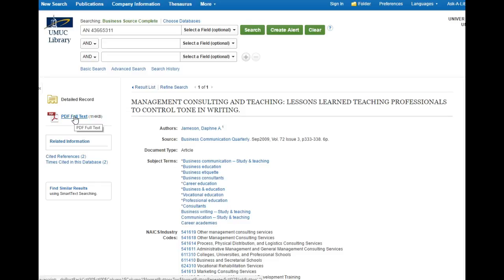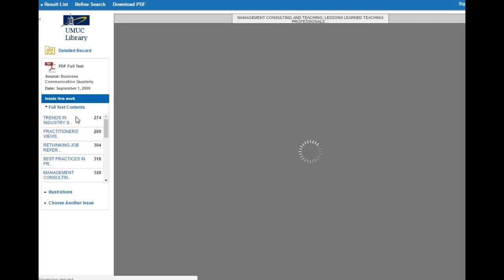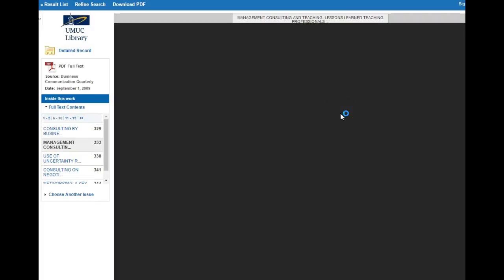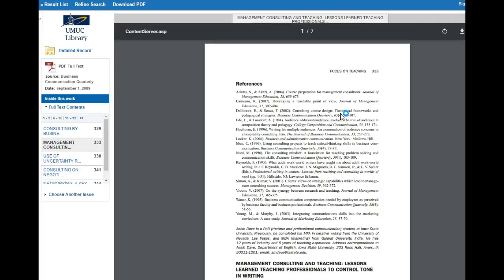You want to keep clients, keep your business. So it's saying, write a document that you yourself would want to receive is a good way of looking at it. But you also have to click on this PDF to get the full text of it. And this is in the UMUC library database, which is a great source of information. I really like the fact that it gives you an opportunity to cite sources too.